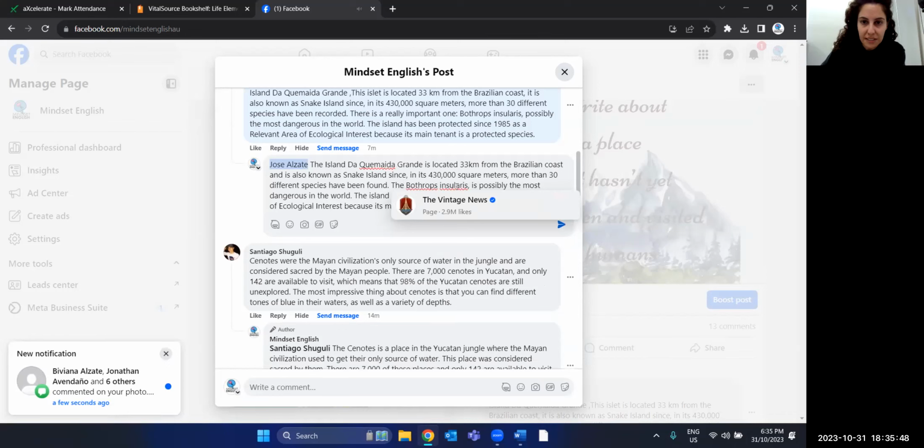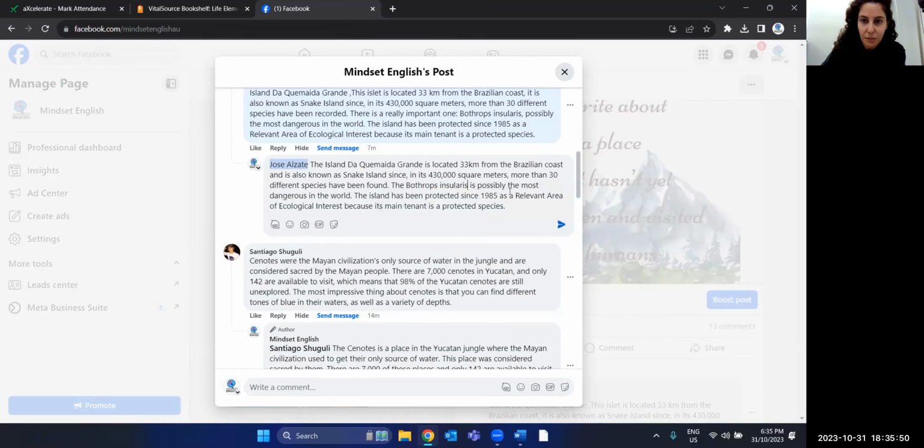The Bothrops Peninsula is possibly the most dangerous snake in the world. The island has been protected since 1985 as a relevant area, an important area of ecological interest,